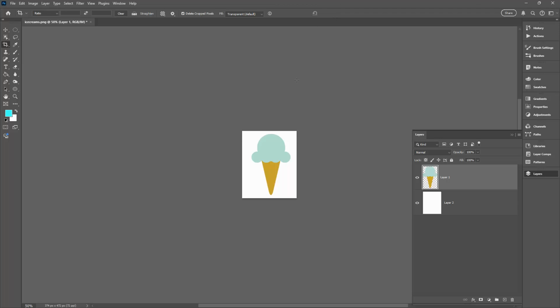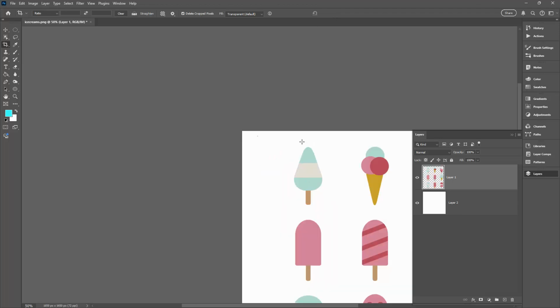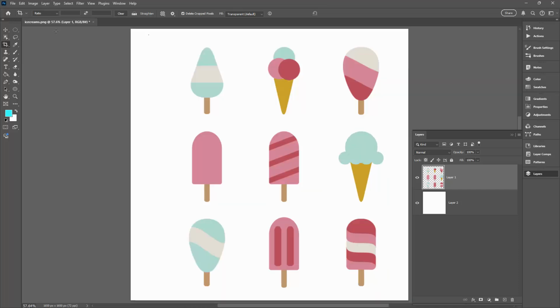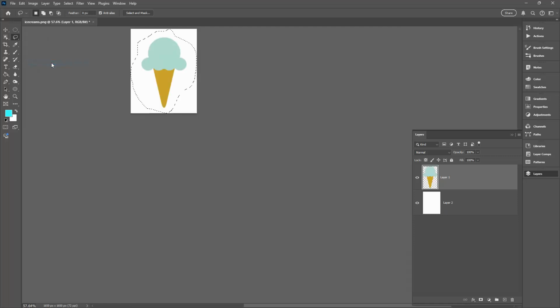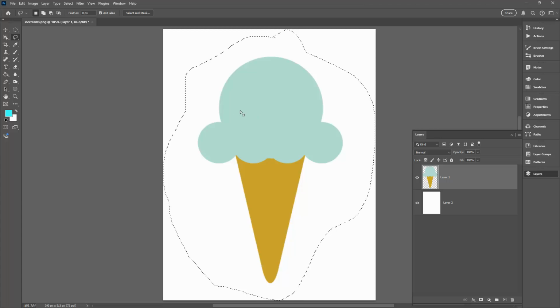Now that works well when you've got plenty of room around your shape, but if you don't have plenty of room around your shape, you may be better off using the lasso tool, simply because it's going to allow you to get in close to this shape and not take with you any of the pieces around you, and in that case you would just use Image and then Crop. You're always going to end up with a rectangular image or a square image because that's the way Photoshop works,